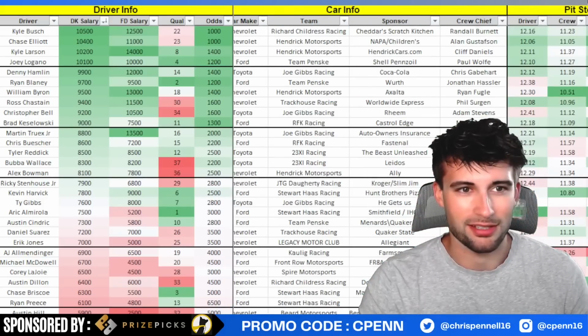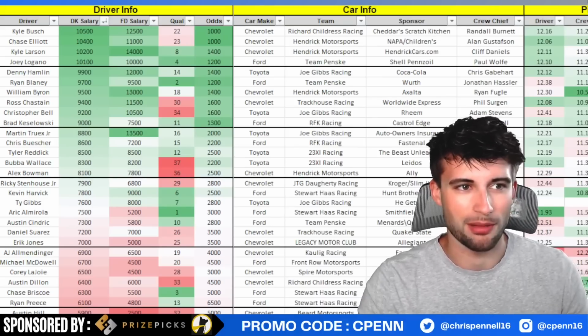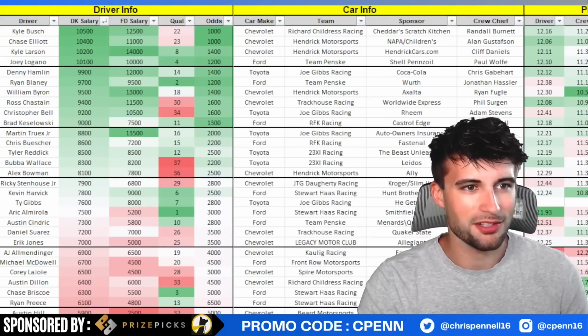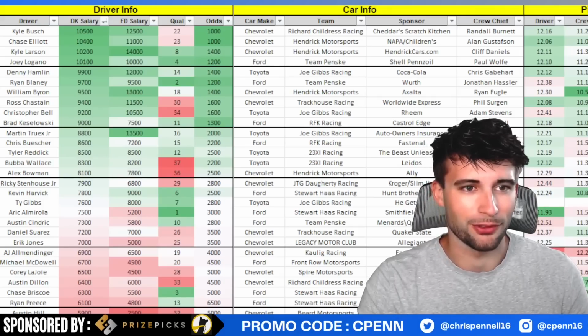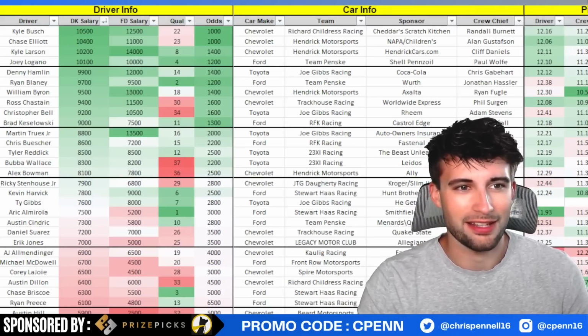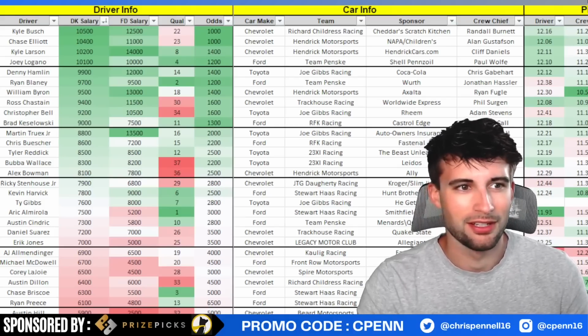So Chase Elliott definitely makes sense here, but I would probably have similar ownership on both these guys. Kyle Larson, $10,200, is the most expensive driver over on FanDuel, and I don't know why. He's starting in 8th here, and I would much rather play guys like Elliott and Busch, and I would rather play Joey Logano. They're all better superspeedway drivers, because Larson just has a terrible track record at